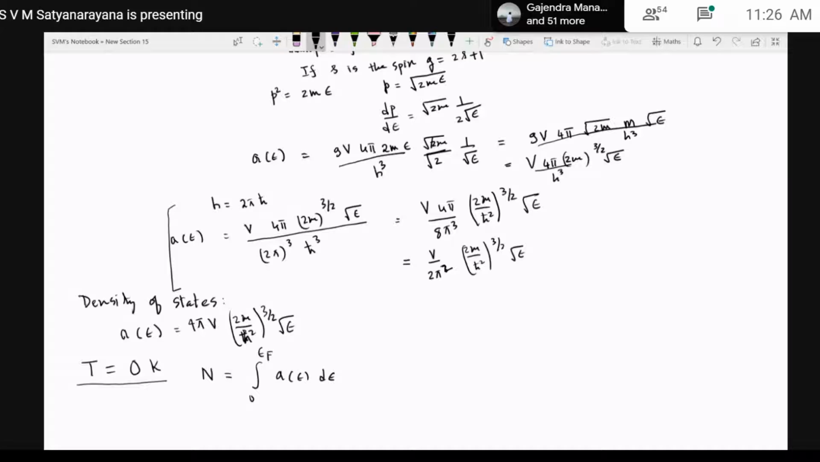So what happens at T greater than 0 Kelvin is that now, in principle, all energy levels up to infinite energy are available. So you should integrate this N from 0 to infinity, of course d epsilon, A of epsilon. But now, depending on the temperature, there is a probability for the